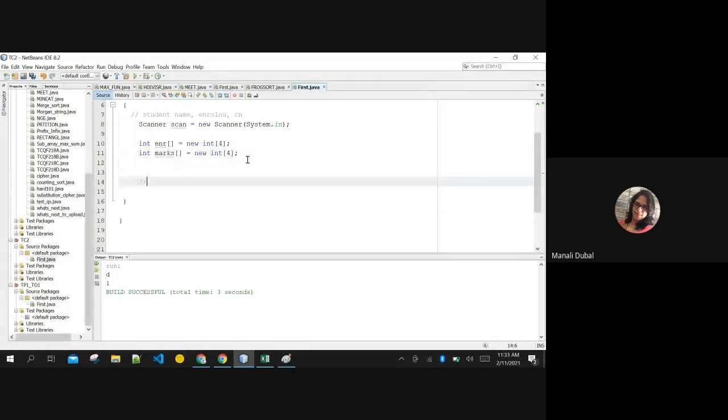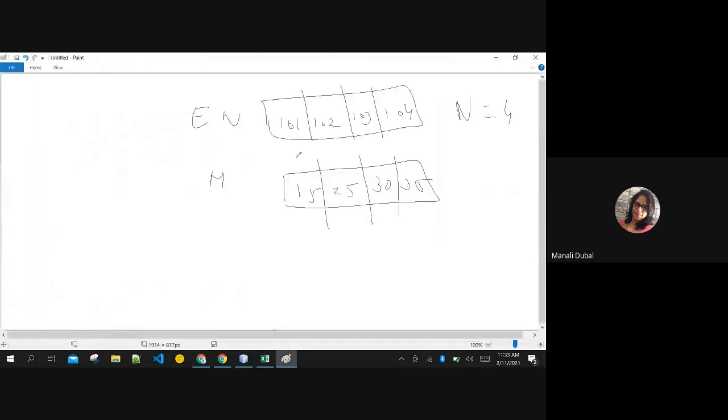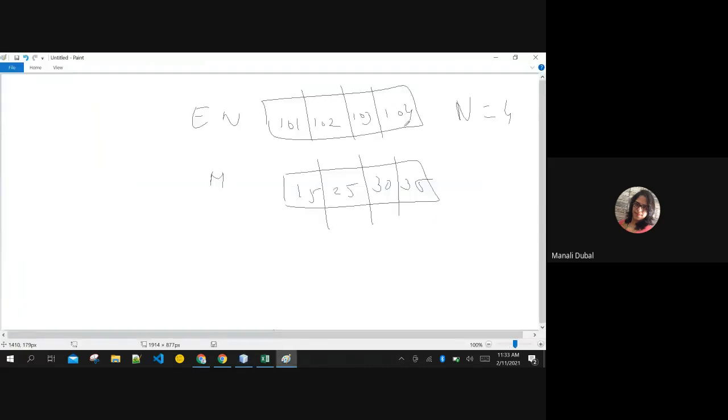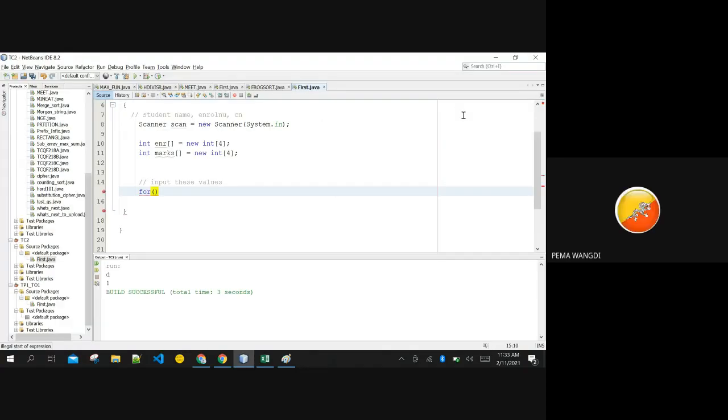Then we have to input these values from user. So these values that I have written over here, you have to input from user. To input the values, you will require a loop, right? Because there can be different number of values, no? Yes, ma'am. So we'll take a loop that starts from 0 and runs till the size of this array, and we can input values from user.